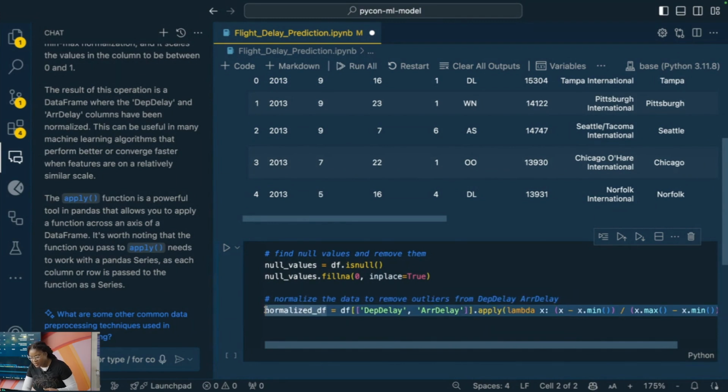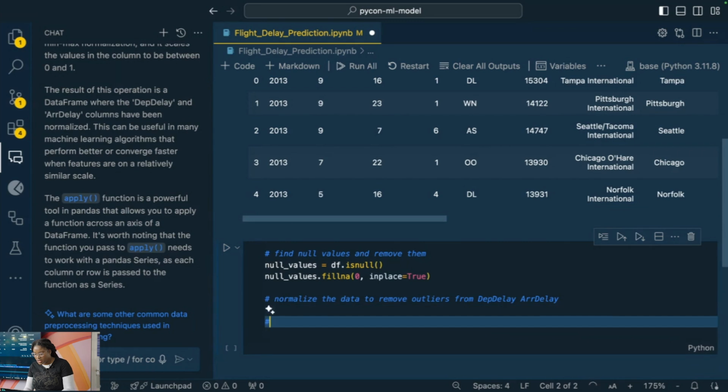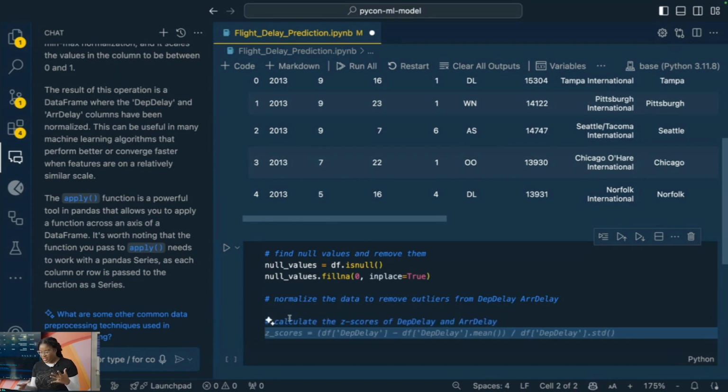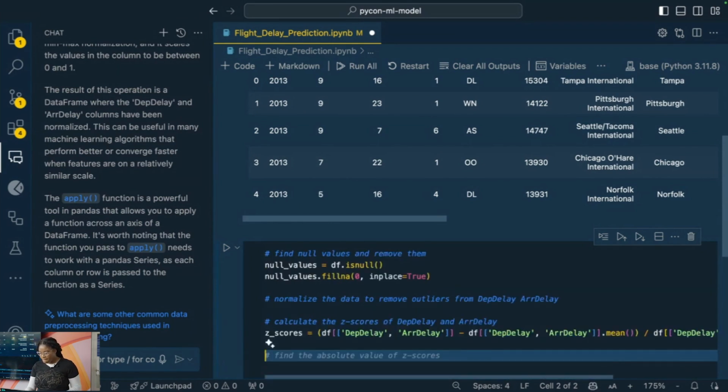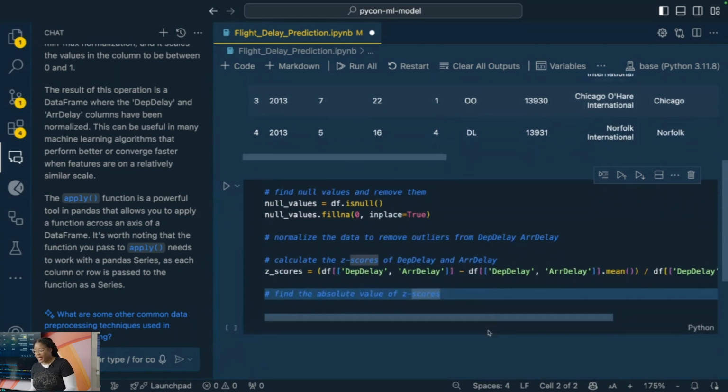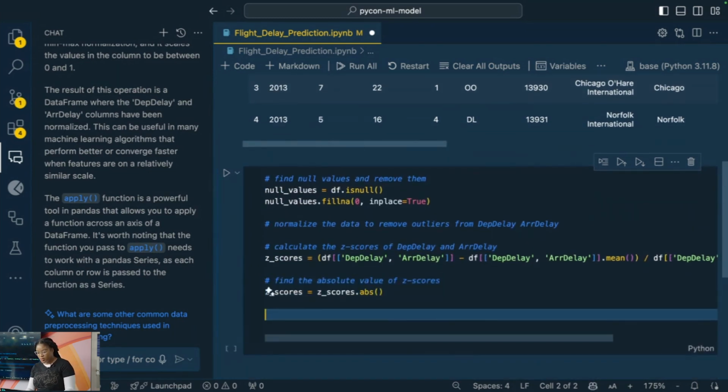And that's actually not what I wanted to do. So I'm going to remove this and I'm going to say, find the outliers from, this is why I have notes. Calculate the z-scores is what I wanted to do actually. Which it should be the same. It should be the same code, I think, or similar. Alrighty, there we go. Now I want to find the absolute z-scores. That's exactly what I wanted to do. And then I want to